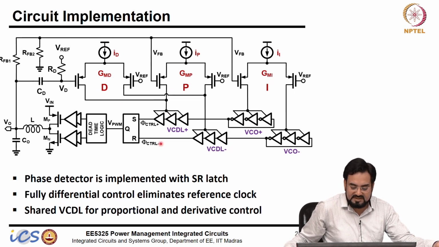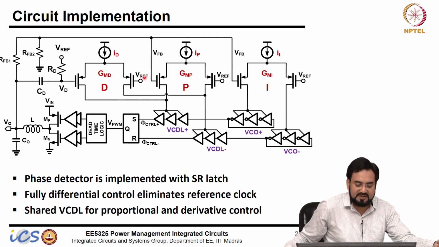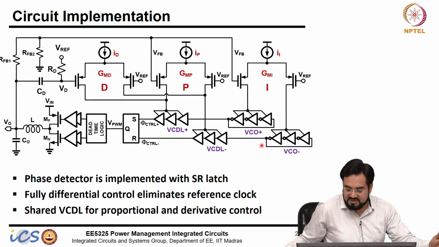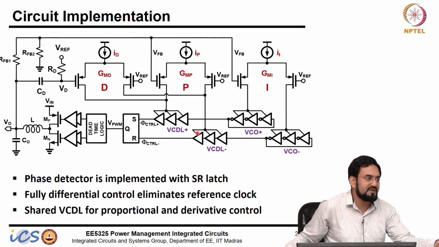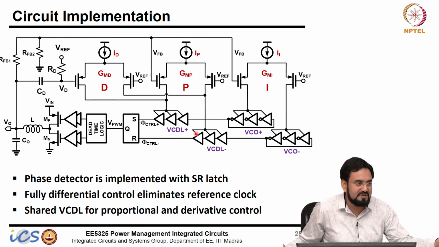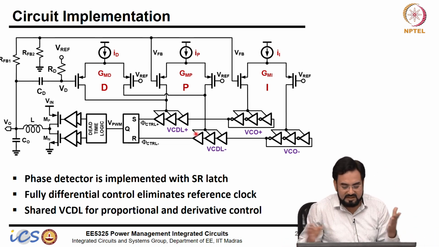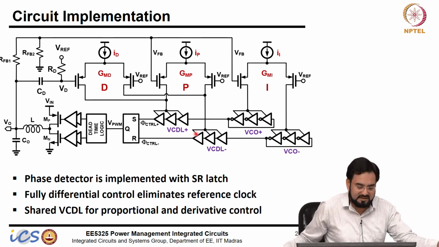So what we have done actually, instead of using two separate VCDLs, we are converting voltage to current, and we have a separate voltage to current converter for the two. So we can sum up and use only one VCDL. So one VCO for the integrator, one VCDL for proportional and derivative, and P and D are already added in the current. So we don't need another VCDL here. You could have separated it out and this output could have gone to a different VCDL, but usually we don't need that. You are already getting a P plus D component, so why do we need one more VCDL.